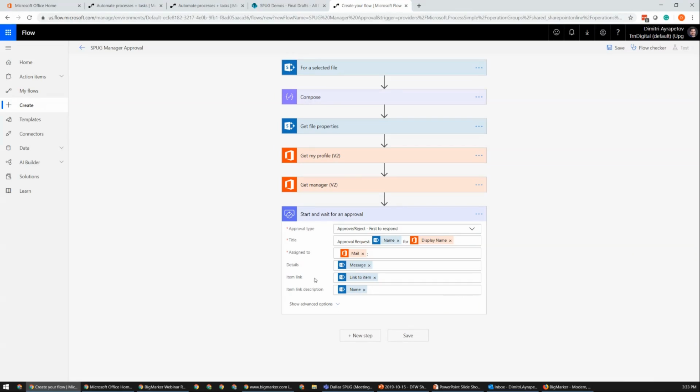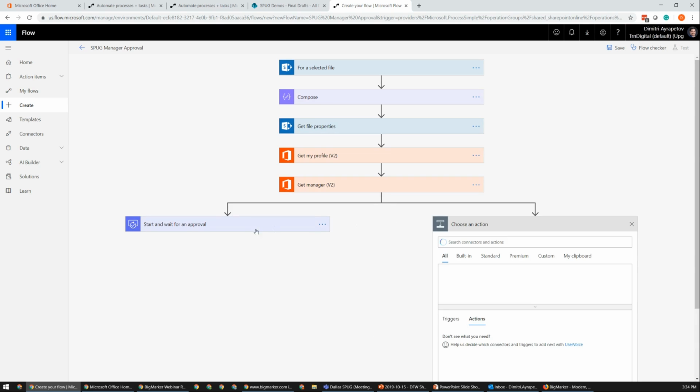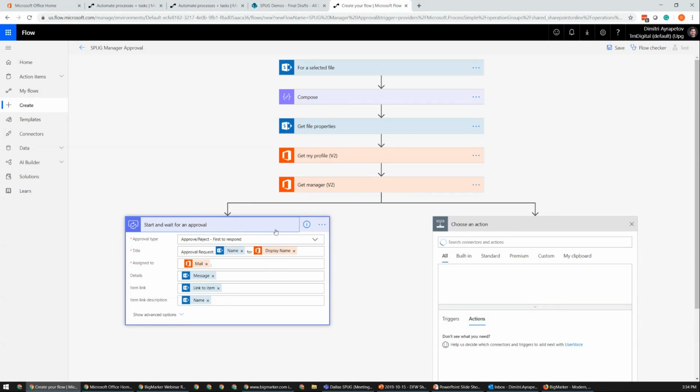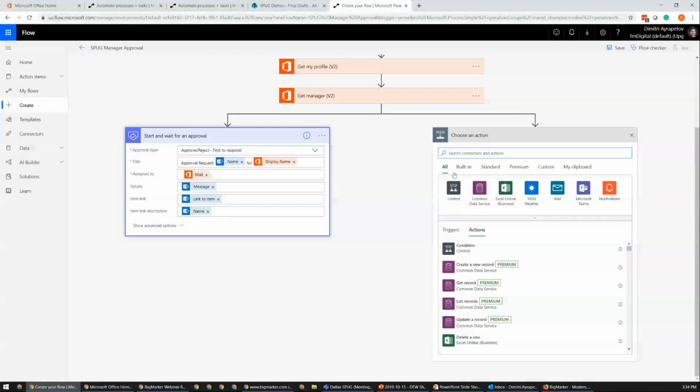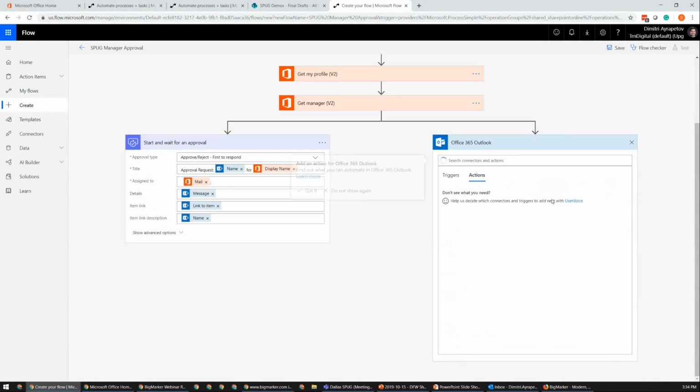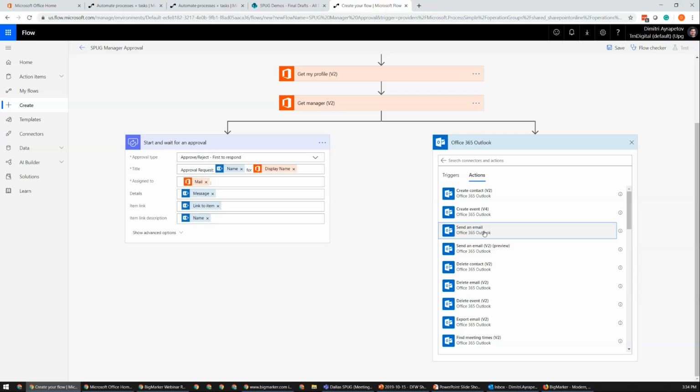And one more thing we might want to do, just to keep things smooth, maybe we want to add a parallel action so that when this is submitted, we can send an email to the submitter informing them that your request has been received. So maybe within here, we'll click on this plus icon and we'll decide to add a parallel branch. So a parallel branch lets you have multiple things happen in parallel, which makes it nice when you have different things that should not be dependent on each other. So we'll come in here, we'll go to standard, we'll say Office 365 Outlook, we'll pick send an email.